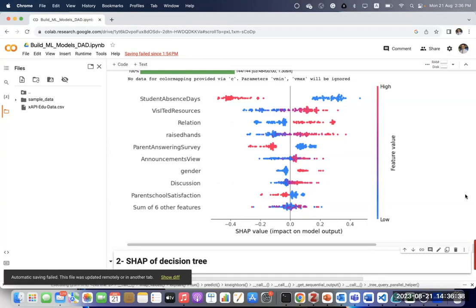Now this is my model, and I will feed the initial data and see the output. If I change one parameter, the number of absence days, if I change it, make it more, does this affect the right or the left? That means the prediction is low or high. At the end of the day, there is a variation.